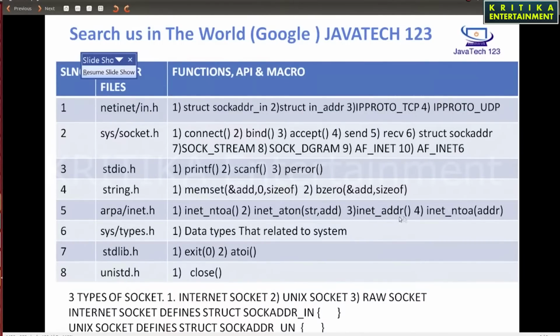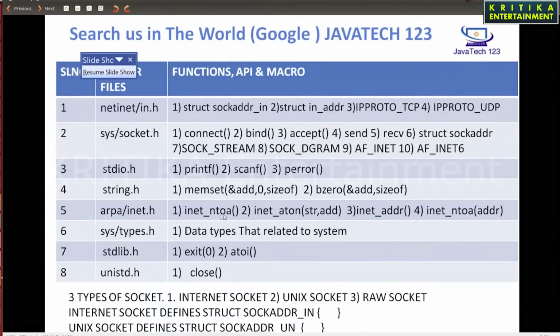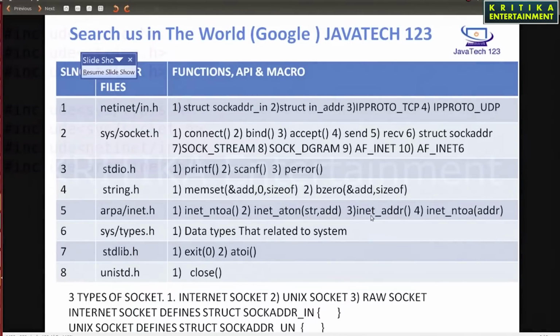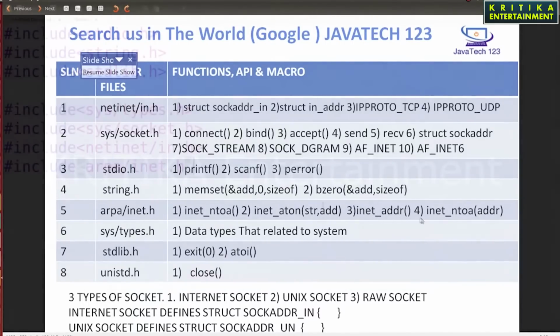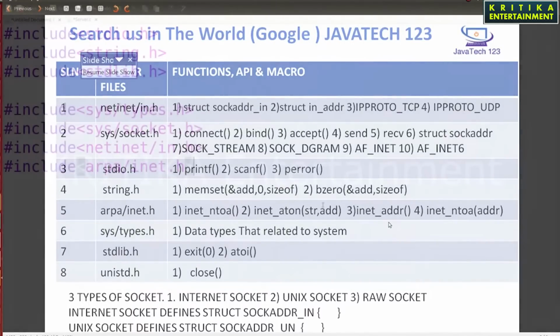Suppose you have written the IP address in double quotation marks and you want to convert it into the original dotted format, then use inet_addr. If you have the dotted format and want to convert it into string format, then use inet_ntoa. NTOA means network to ASCII. These conversion functions are used for internet addresses.